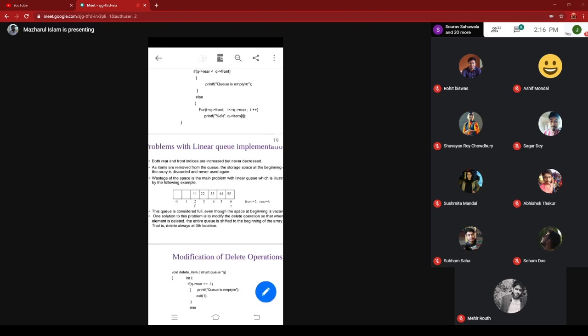In this case, the value of rear is 6, so you cannot enter. But you are seeing that after deleting two elements from the front, two places are empty. In spite of that, you are not able to insert the new item there. This is the disadvantage of this implementation. That is why the concept of circular queue has come.